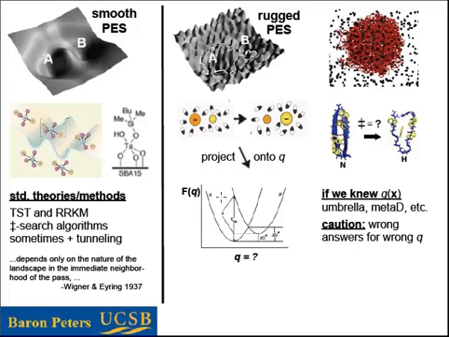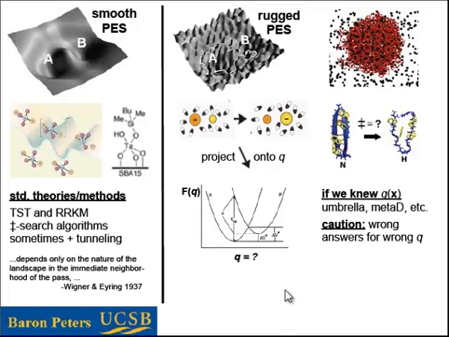Now, if we had Rudy Marcus and he could divine for us the proper reaction coordinate to use for this projection, then everything would make perfect sense and we would get a nice double well kind of problem. We would be able to identify on this landscape a reorganization energy and a driving force, for example, in the case of electron transfer. And we would be able to compute rates from thinking about this. In this case, we've got to also think about the coupling strength to convert this into an adiabatic picture. But anyway, there are some details there.